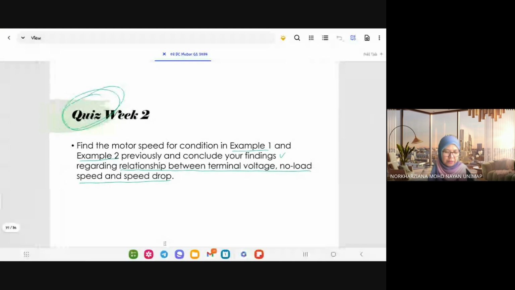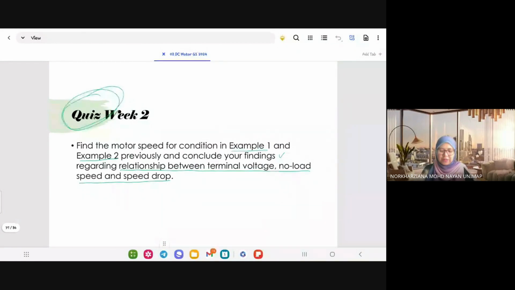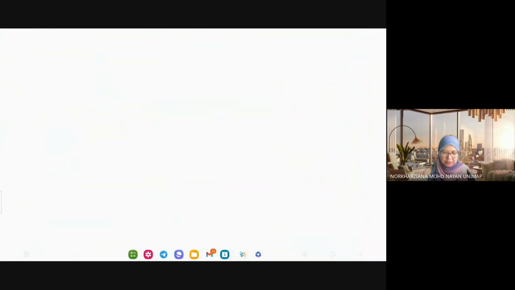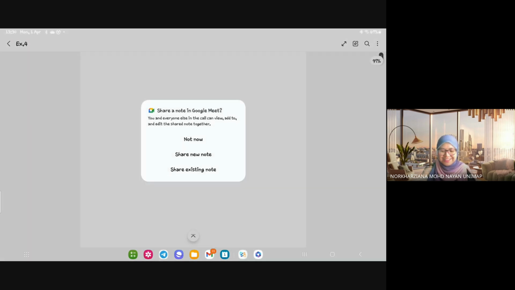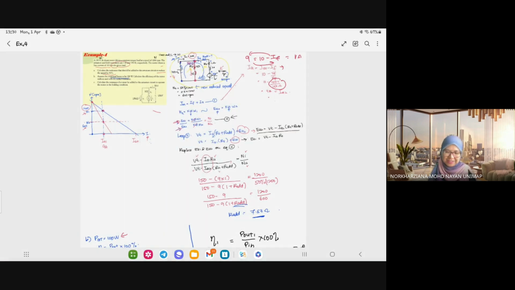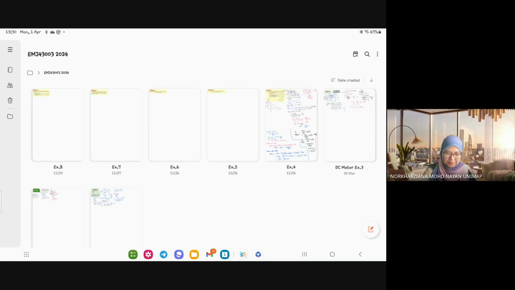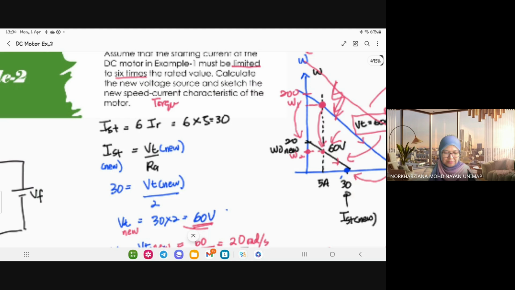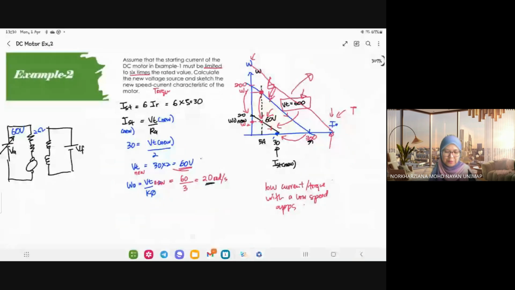Okay. By referring to find the motor speed for condition in example 1 and example 2 previously, conclude your findings regarding relationship between terminal voltage and no load speed and speed drop. So how to find the no load speed? It's basically on example 2 actually. It is not on the example but it's on the slide notes. Let's go for example 2. This originates from example 2. Okay, so